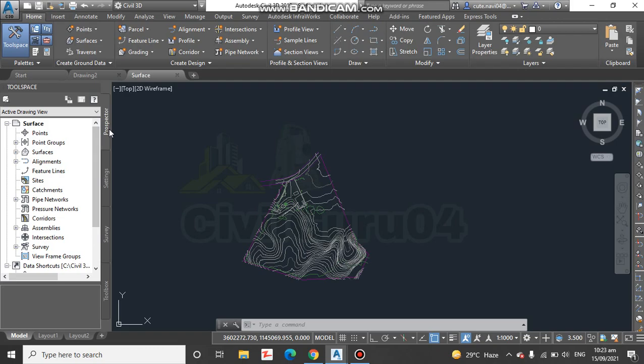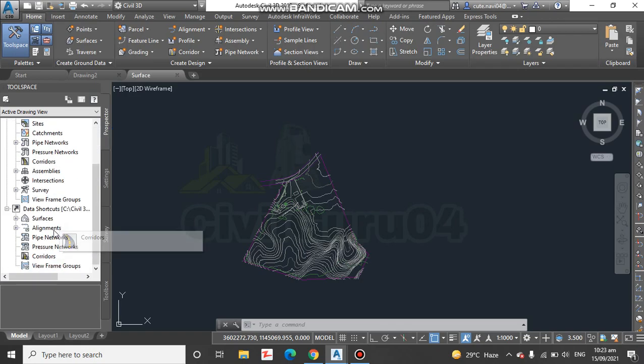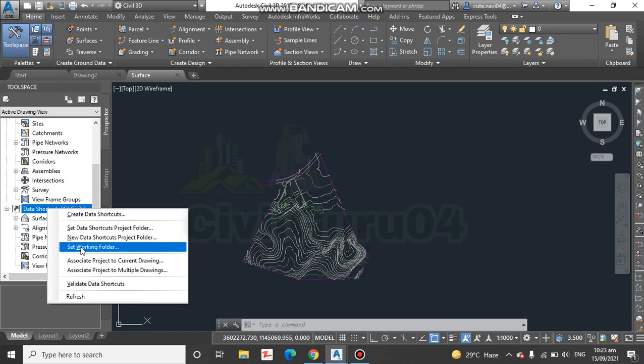Here we have the prospector tab. Right click data shortcut and select set working folder. We can find data shortcut here, and we can right click and set working folder.